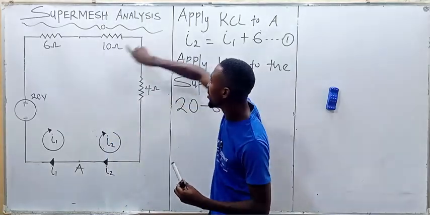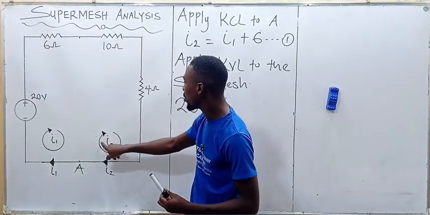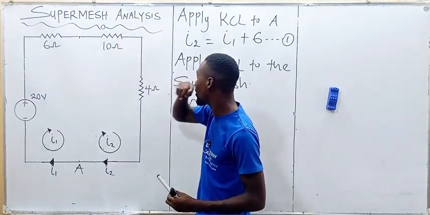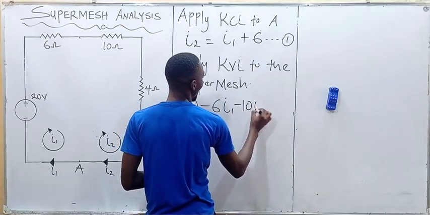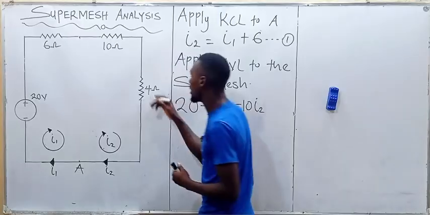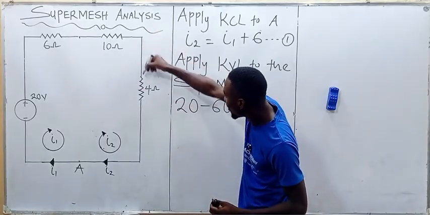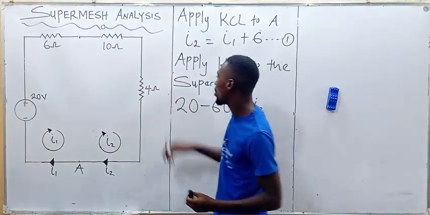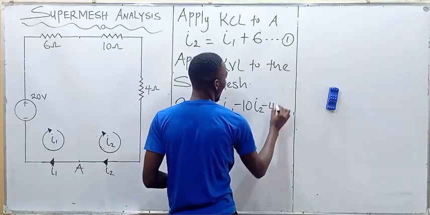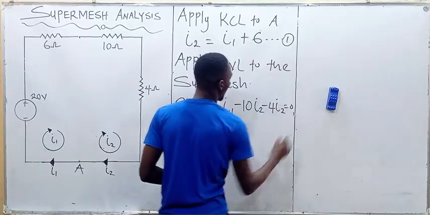All right. So we are now in mesh 2. We are going in this direction. The current is flowing in that direction, and we're also going in the same direction with the current. So we're also going to have a negative voltage drop here, which is minus 10I2. And again, if current is coming downward, we're also going towards that direction. So we are going to have minus 4I2,